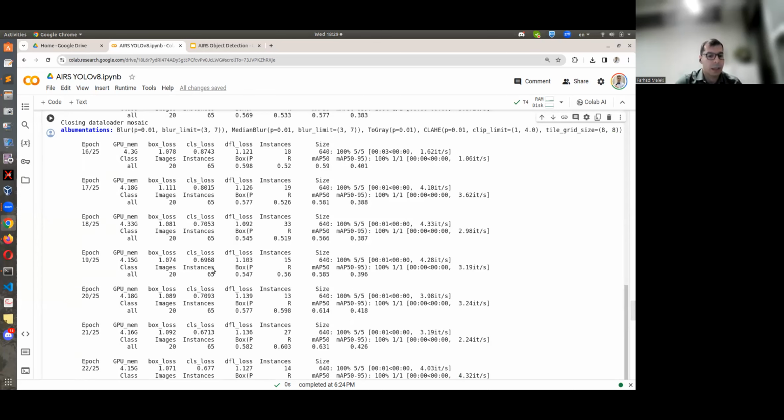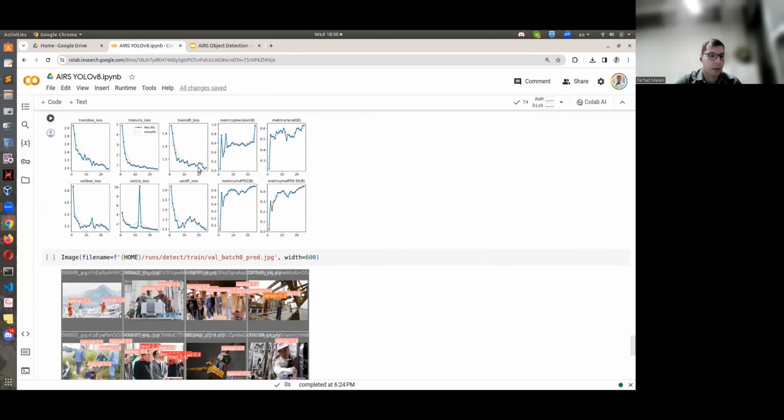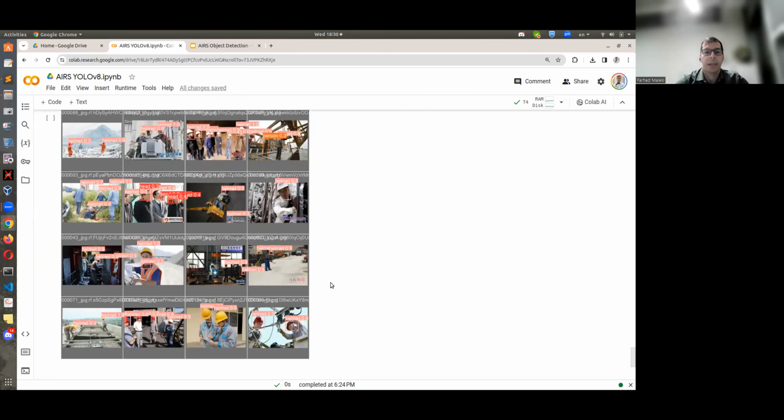It also creates some visualizations of the results that you can see, for example, the loss functions for bounding boxes or for classes, which is helpful to give you an idea if the model is still learning. Should I continue? I trained it for 25 epochs. Should I go further? So that's also a good thing to have. Yeah, so that's in a nutshell.